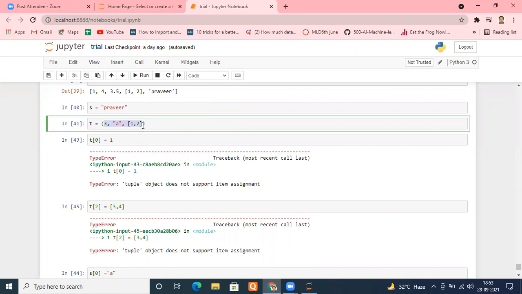You are asked to create a data structure which will be storing your passwords. You need to secure it. Which data type or data structure will you use, either list or tuple? So your answer will be tuple. Reason why? Because a list anybody can change, right? Anybody can modify a list. So that's not possible.